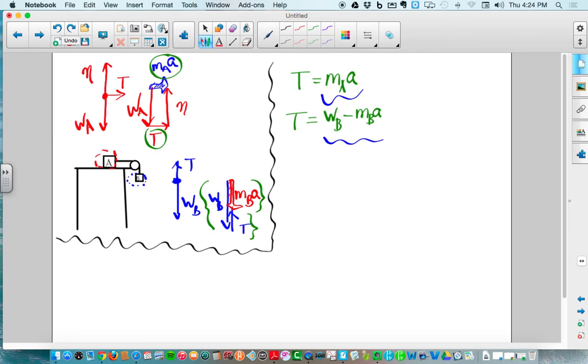They did all their stuff with the vector sum diagrams, and their final solution when they solved for A, they got A equals, and this is the magnitude of our acceleration vector, right? We know the direction of our acceleration vector. For object B, it's down. For object A, it's to the right. So we're not even worried about the direction. We're worried about the magnitude here. And the magnitude of the acceleration vector is going to be, they said negative. I don't know where they got this negative, but they had negative mass of B times gravity field divided by